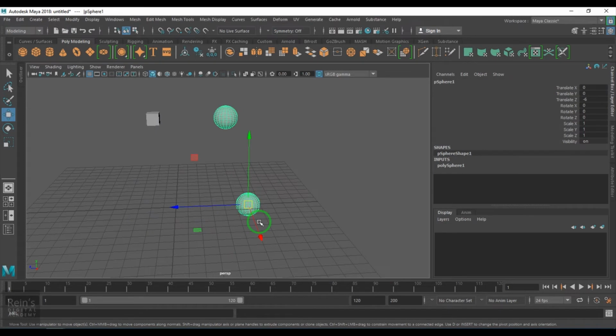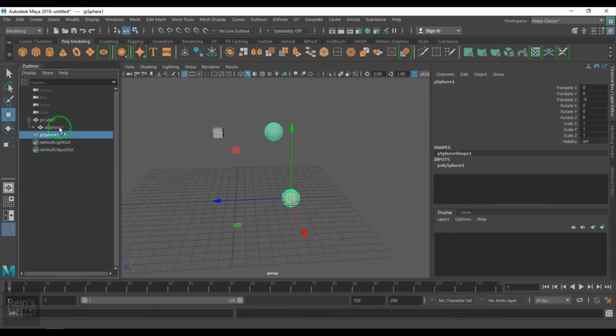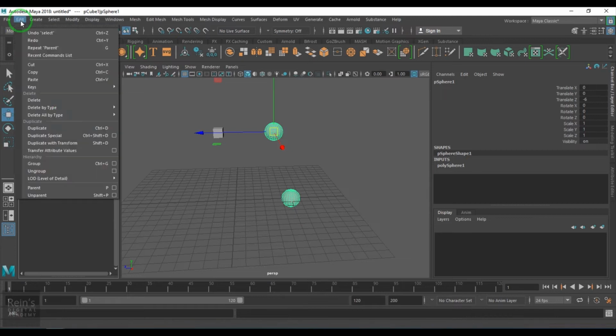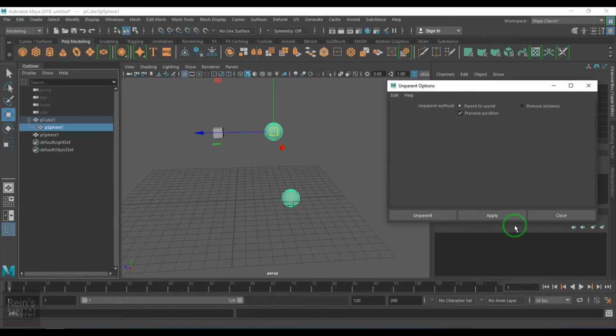So when you are doing this parent and child relationship, unparenting is like you need to select the child and then you need to unparent it. But again, what type of parent it was, whether it was normal parenting or instance parenting. If it is instance parenting, I need to set the instance related option, that is remove instance and then unparent.